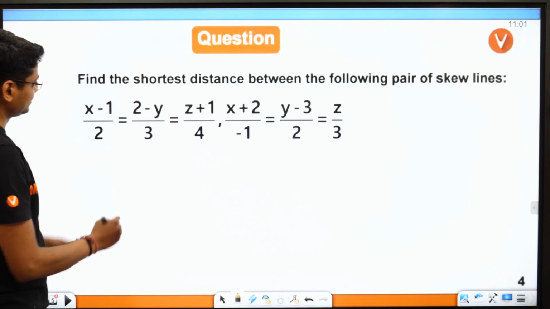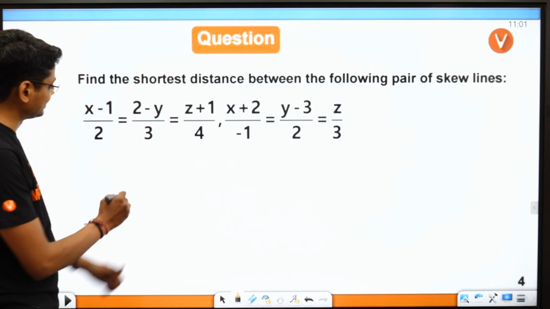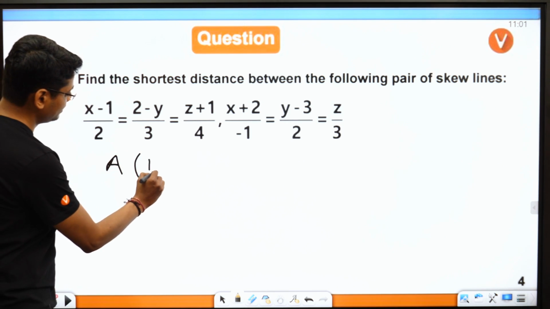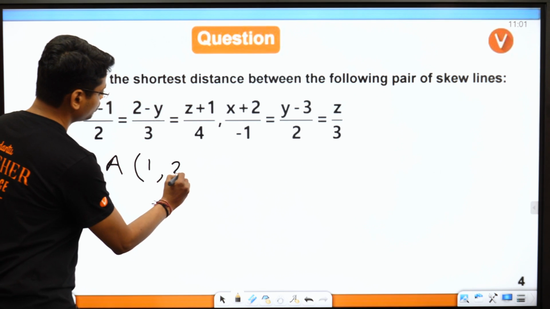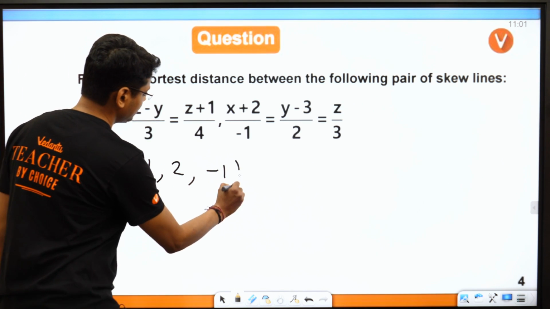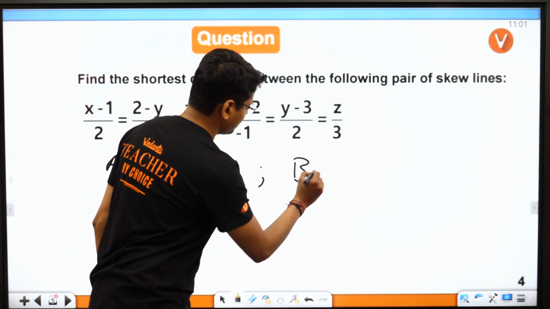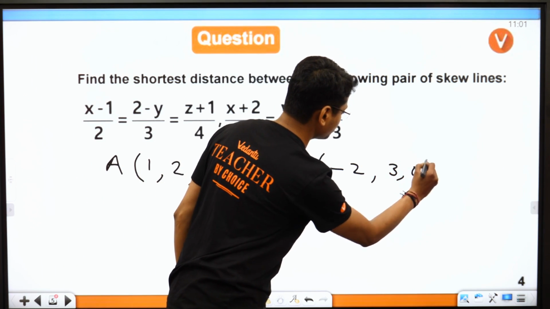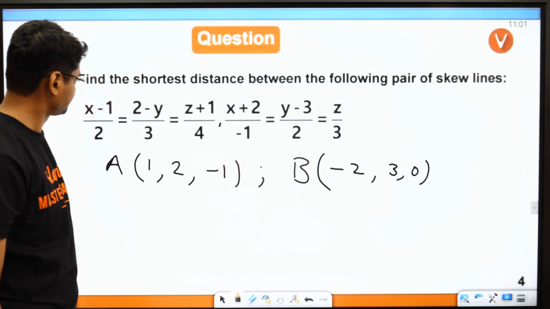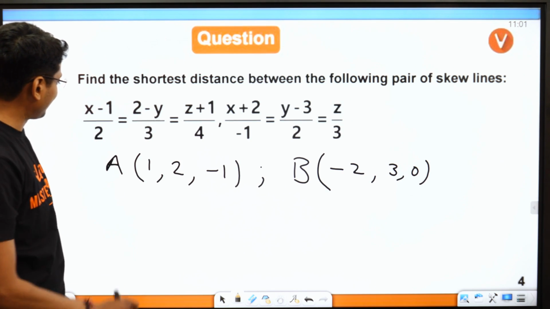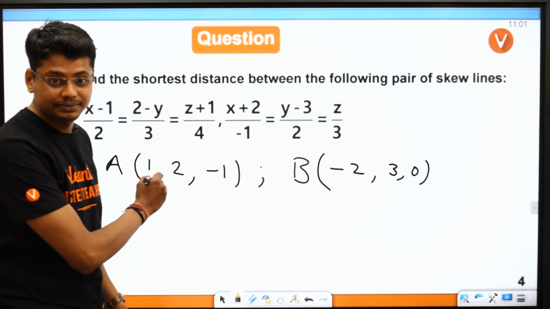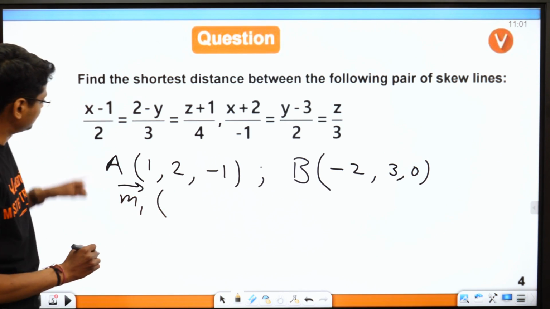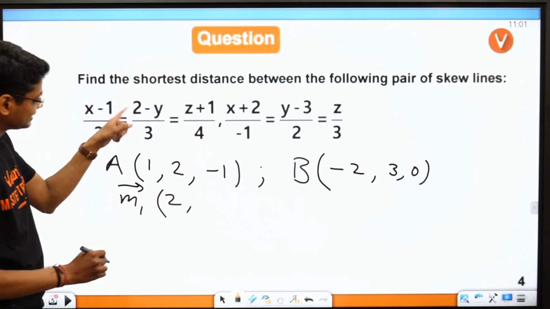So basically 2 points on respective lines. I am saying A, which is 1, 2, -1, and a point on the second line is -2, 3, 0. All right. And a vector parallel to the first line is, I am saying, say m1 vector, which is 2i cap minus 3j cap